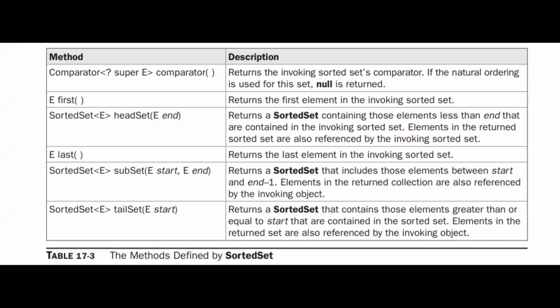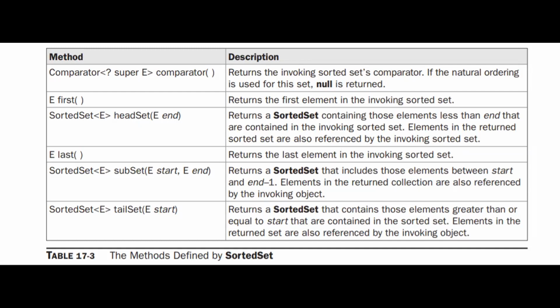The Comparator. Comparator is an interface that is used to compare the elements. Suppose we want to compare objects, then we must decide how we are comparing them. If we have two student objects, then we must decide how two student objects must be compared, whether it is based on the USN attribute or on the name attribute, mobile number, email ID, or their CGPA. That needs to be specified in the Comparator interface.